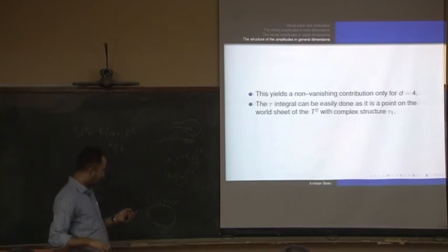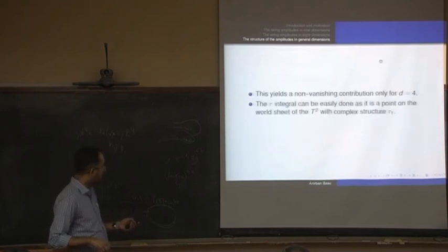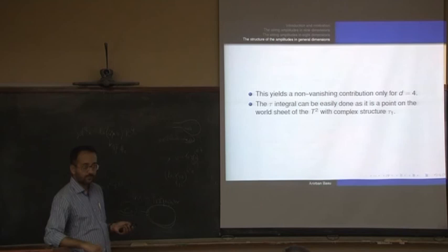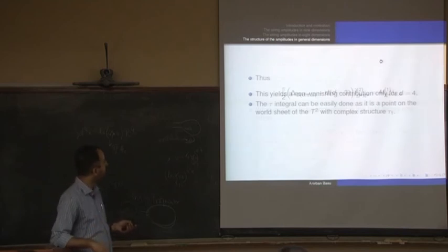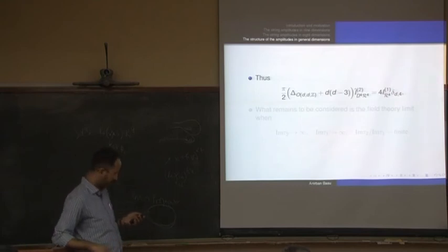So you have to do this integral over tau and tau 1. Okay, so what is the integral over tau? Tau turns out to be the coordinate on the one sheet of a torus with complex structure tau 1. So that integral can be done very easily, just based on what you know. And this is what you get. And what you are left with is the R to the 4 interaction at 1. And this precisely proves some conjecture.